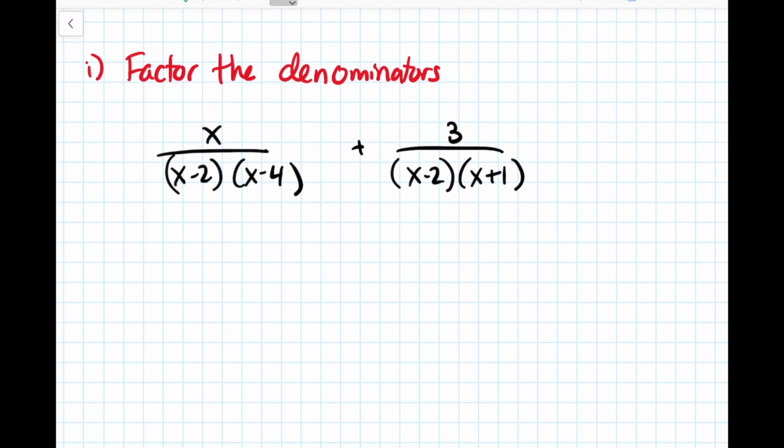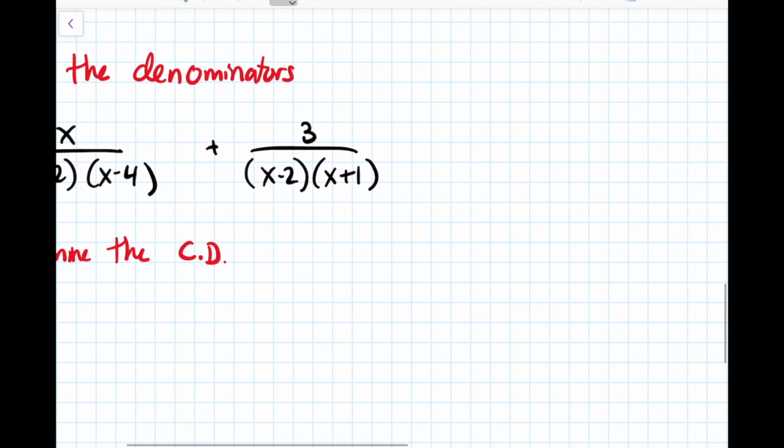Step 2. Now that we've factored our denominators, we need to figure out what our common denominator is. So before we do that, I'm just going to slide over to the side here and give you an example with easier numbers. If we had 1 over 6 plus 1 over 10, and I wanted a common denominator for that, I think most people would be able to figure out that the best common denominator for 6 and 10 is probably